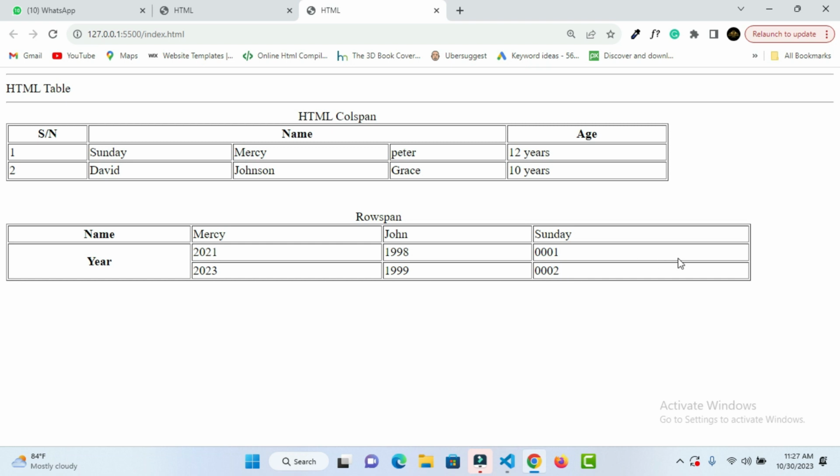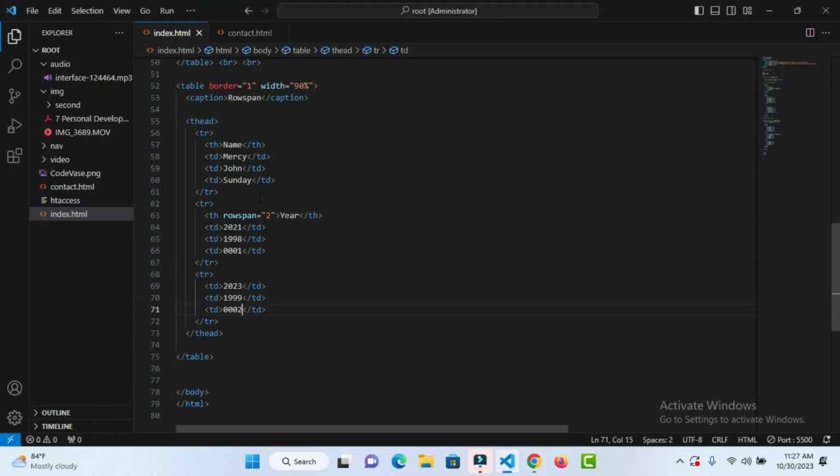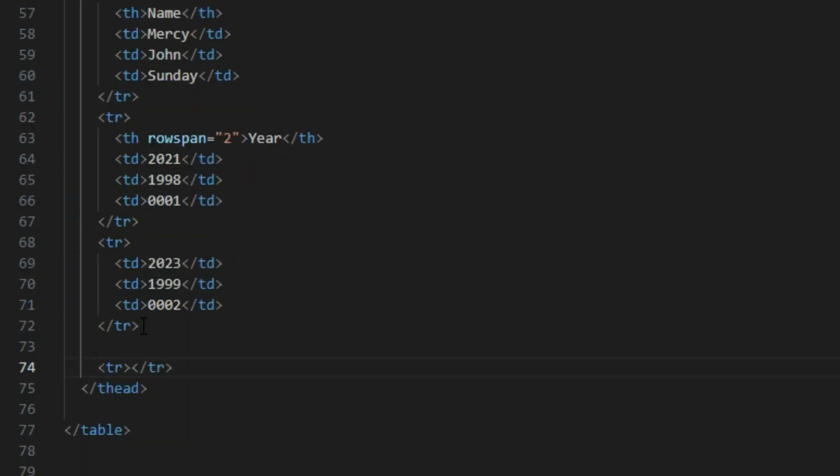You can add more things here. You can also add more values here. You can still add another one. Let me say table row, table data. Table data can be